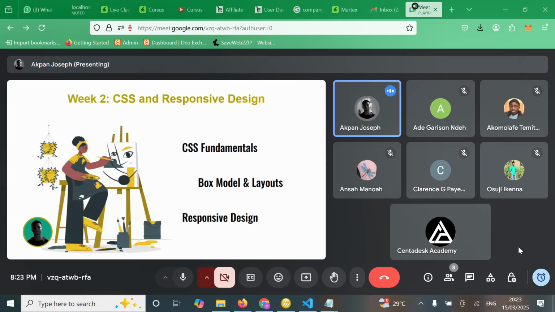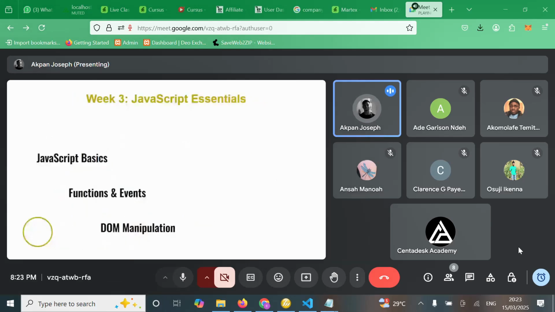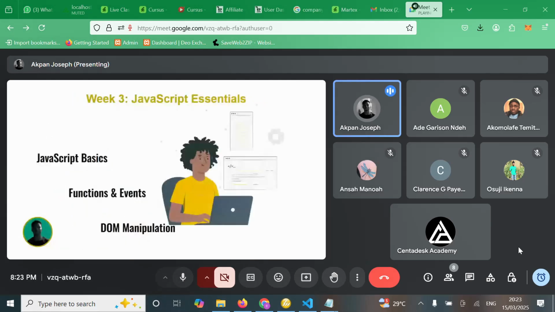So next, on the third week, now is where we start becoming ninjas. So on this third week, a couple of things are going to happen, right? We're going to be taking JavaScript. So this is where it gets funny, and this is where it starts getting more serious, right? Because